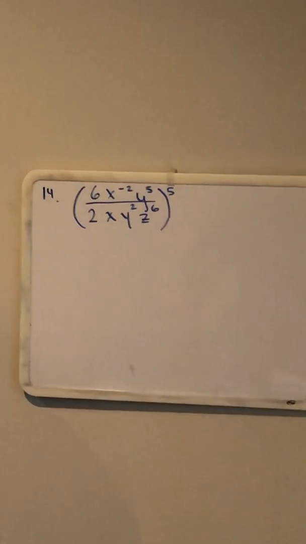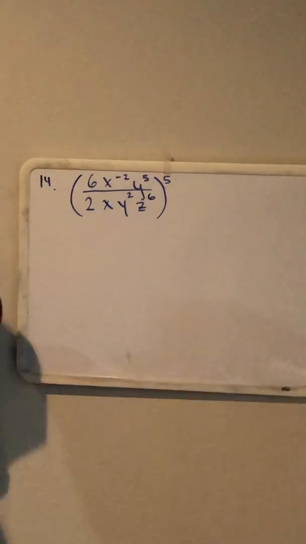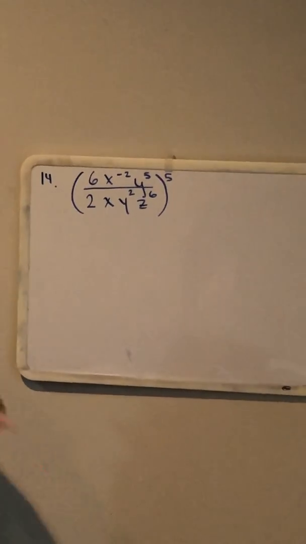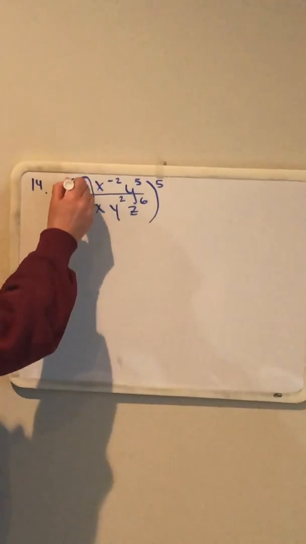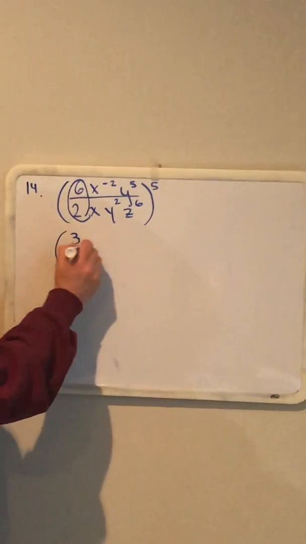Okay, so the first thing I noticed with this is that everything's being raised to the 5th power. I do not want to raise 6 to the 5th power because the number's just too big to deal with. So I'm going to start this question by reducing before I do anything else. So 6 over 2 is 3 over 1. So now we have 3 over 1,